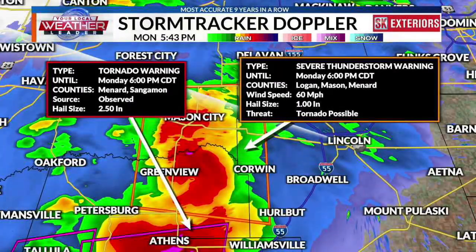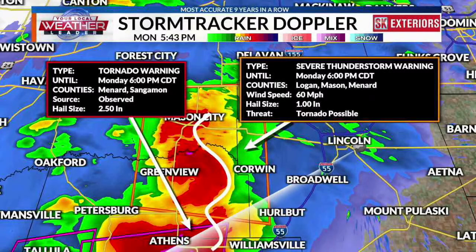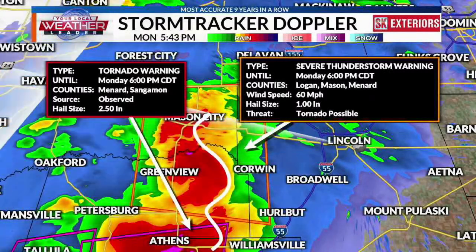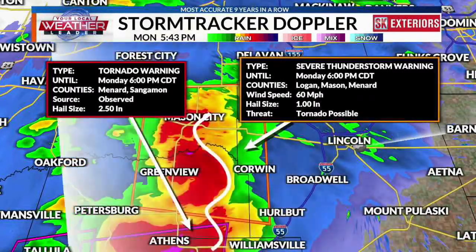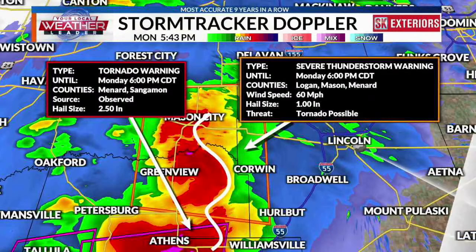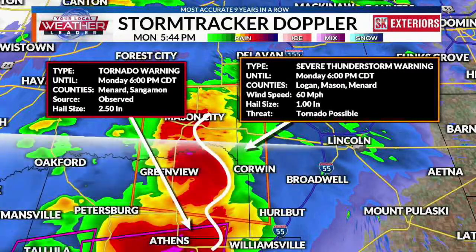And the reason why that is the case is because sometimes within these little notches, these in and out sections of the initial line of the storm, you can get some circulation that does bubble up along there. And sometimes you can get a brief little circulation, a brief little tornado that could happen. So that's why we are looking out for that with the tornado possible tag on those storms. We've got them all kind of moving off to the east or so at around 40, 30, and